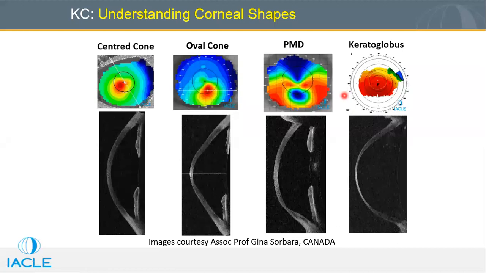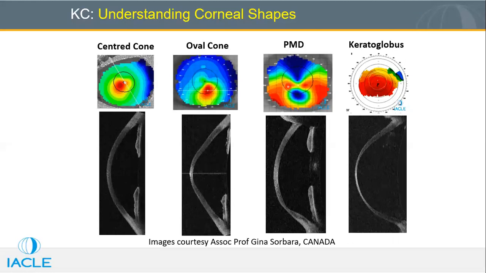In PMD, we'll see this characteristic butterfly pattern. We name this pattern as a butterfly pattern. In some literature it is also said to be a kissing bird pattern, so these two patterns appear as a bird. One of the characteristic features of the PMD is that in the topographical feature you will see against the rule astigmatism. Against the rule astigmatism is something which is very rare. You will not see against the rule astigmatism normally, that's why it is called against the rule astigmatism. So it is very easy to identify.